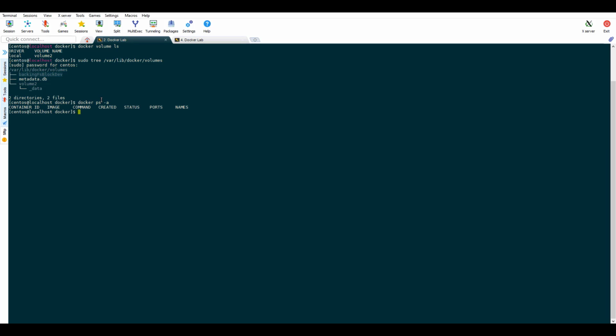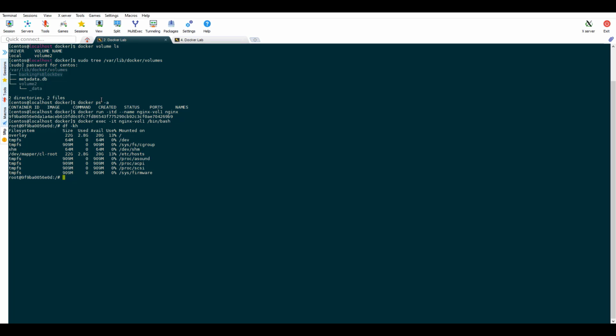As you can see, there are no Docker containers created. So first we will create an nginx container, nginx-vol1, and see what directories and mount points are created inside the container. Then we will use the same image to create nginx-vol2 and mount volume2 on this container, and then we can see if our volumes are correctly mounted or not.